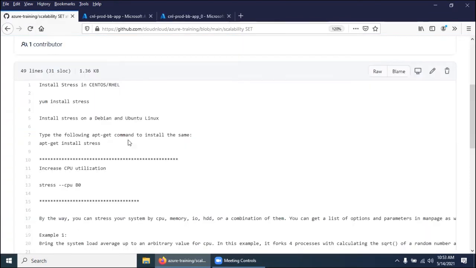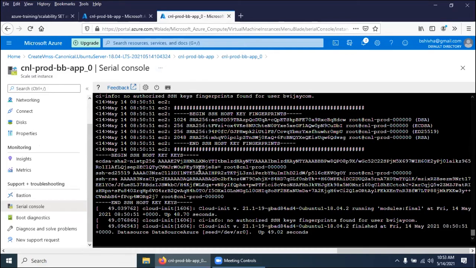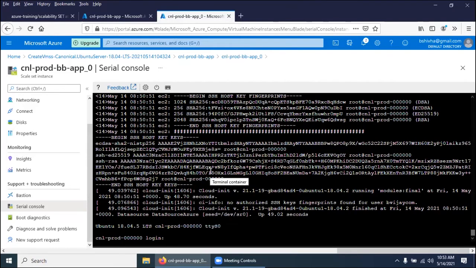If you go back to the GitHub, if you created a CentOS or RHEL machine, then install that package. If you created an Ubuntu machine, then install the Ubuntu package. Or if you have any other OS, just check what the package is called in that specific OS. Right now I installed Ubuntu, so I'm going to run this command. Before that, I want to log in.